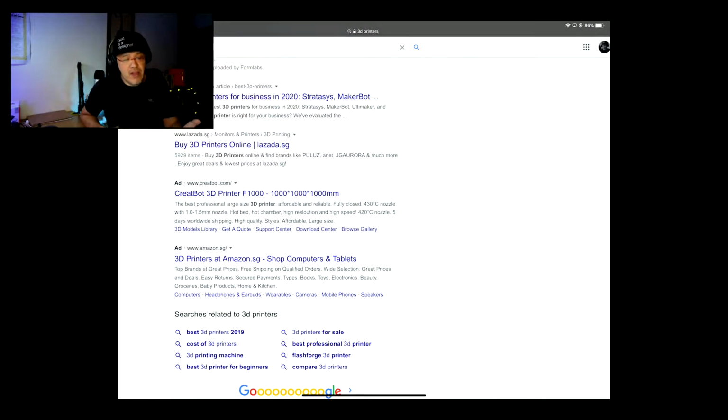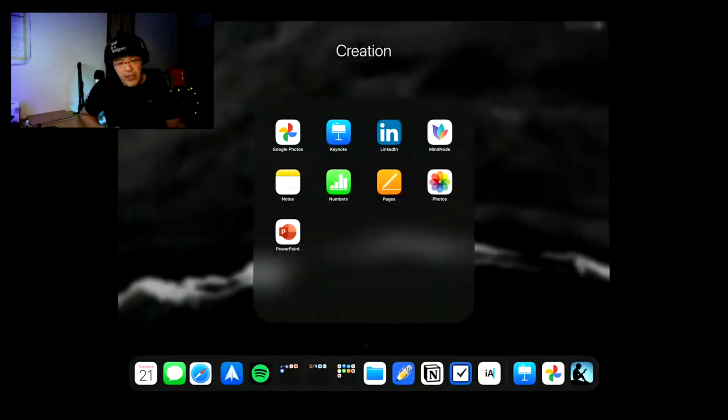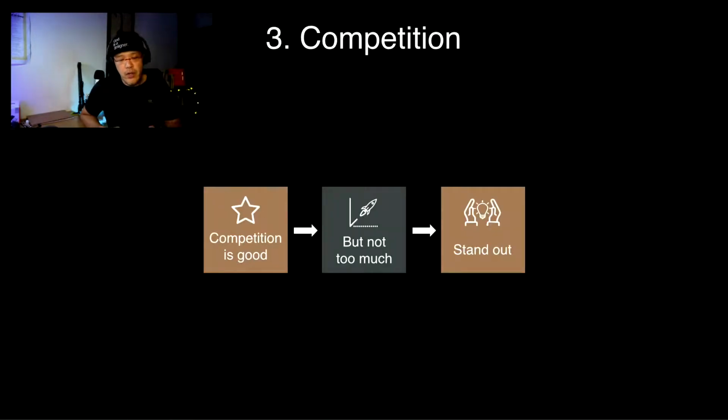People are looking for it. That's why there are ads itself. And so that's just something that is really, really crucial. So competition is great. Competition validates your results. Competition validates your ideas. So that's something that you want. Now, what you do not want is too much competition. And when I say too much competition, you want to be able to say that, okay,